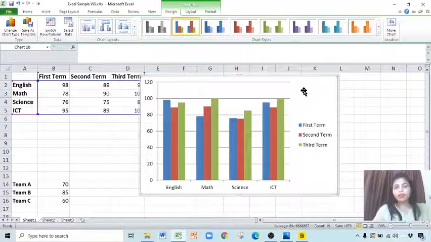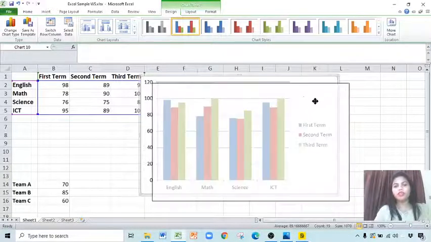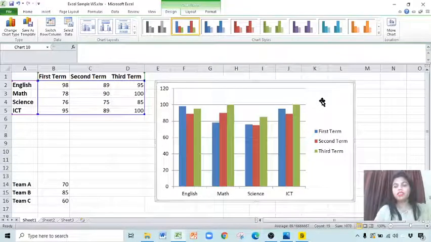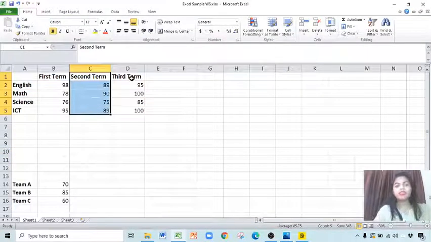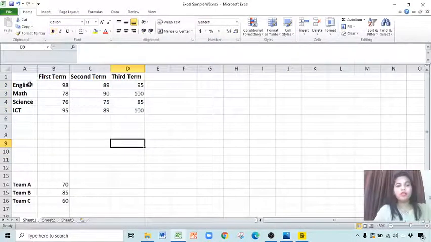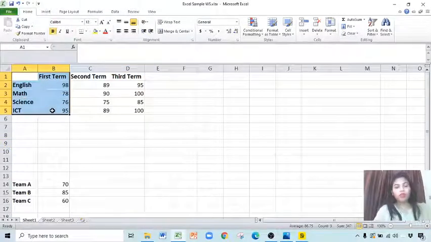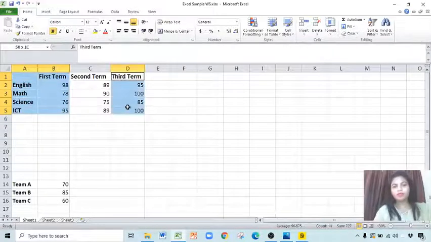Next, if you want to select non-contiguous data, we will do labeling after that. Let me show you how to select the non-contiguous data. Non-contiguous means that it is not in sequence. For example, I don't want this second term, I just want the first term and the third term. So what will I do? Select this one, hold down the Control key from the keyboard and select the next data.